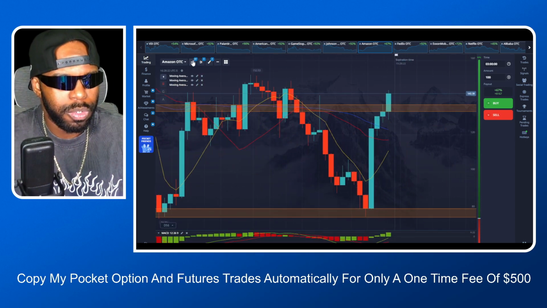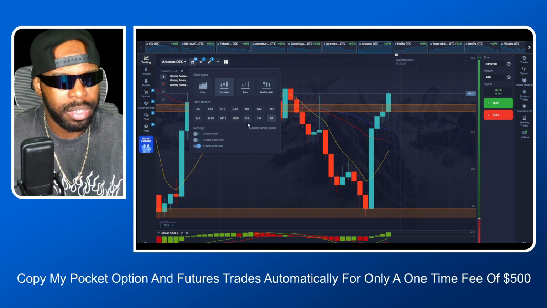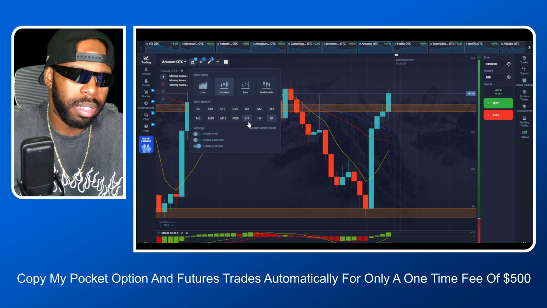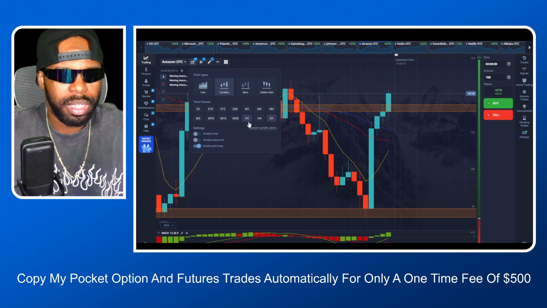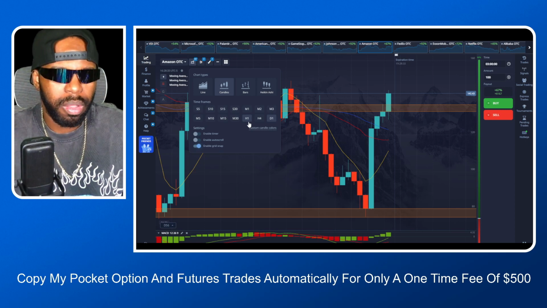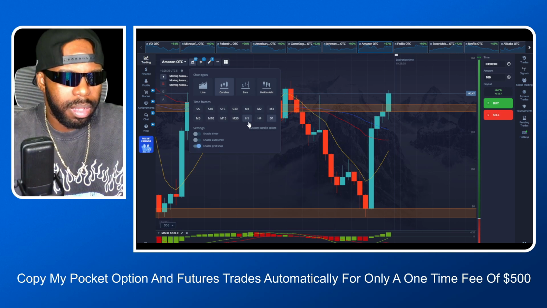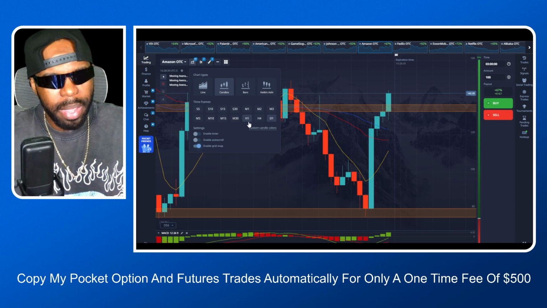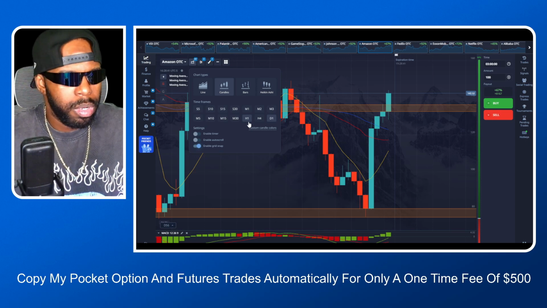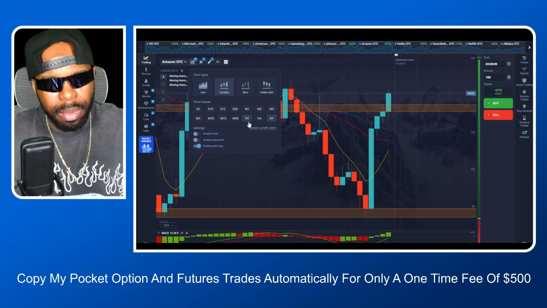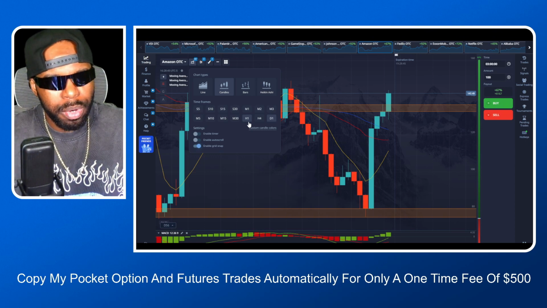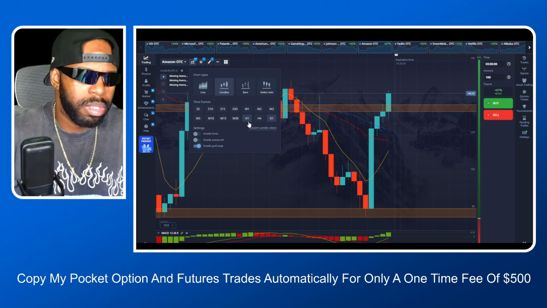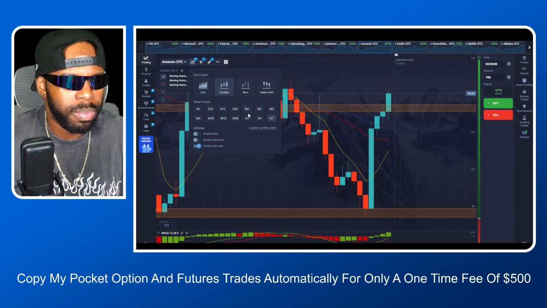Now I also like to mark up my supply and demand zones on the 1 hour. Basically, these 1 hour supply and demand zones are my U.S. session highs and lows. My U.S. session starts at 8 a.m. and goes to 5 p.m. So between 8 a.m. and 5 p.m., whatever the highest point is, that's going to be my U.S. session high, and whatever the lowest point is going to be my U.S. session low. So in this case, I'm going to go to 1 hour here,